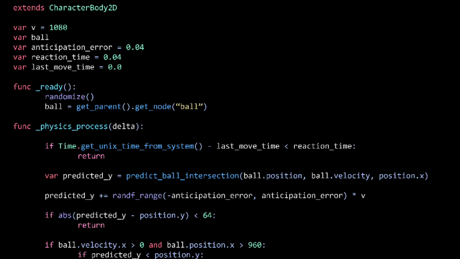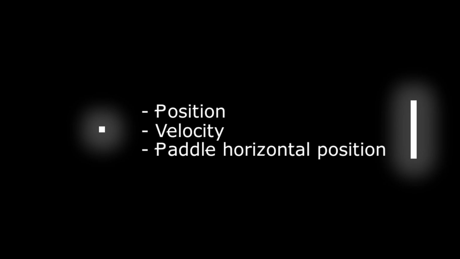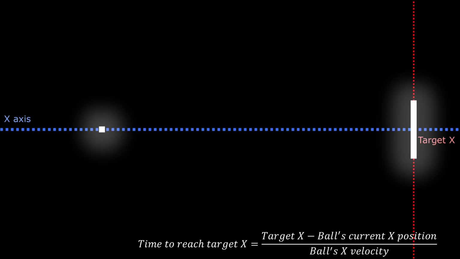The ready function gets the ball node reference from the scene tree. The physics process function will check if it should move based on reaction time. To predict where the ball will collide, the opponent's AI uses a function that calculates the time it will take the ball to reach the opponent's side of the screen. It factors the ball's current position, velocity, and the target horizontal position. The formula used is this one. Time to reach the target x equals the target x minus the ball's current horizontal position, divided by the ball's